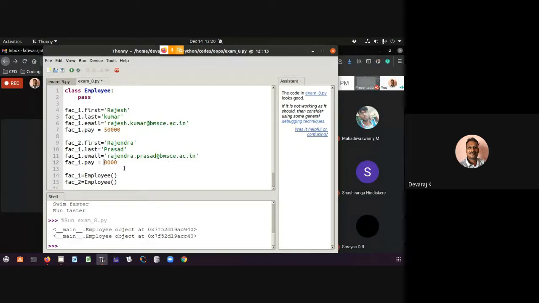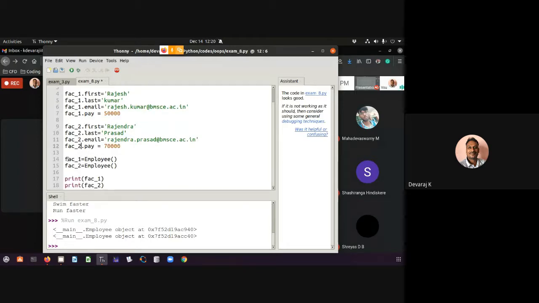Let his salary be something like pay is equal to 70. So this is all for the second faculty and that is for the first. Let me comment all those things out.